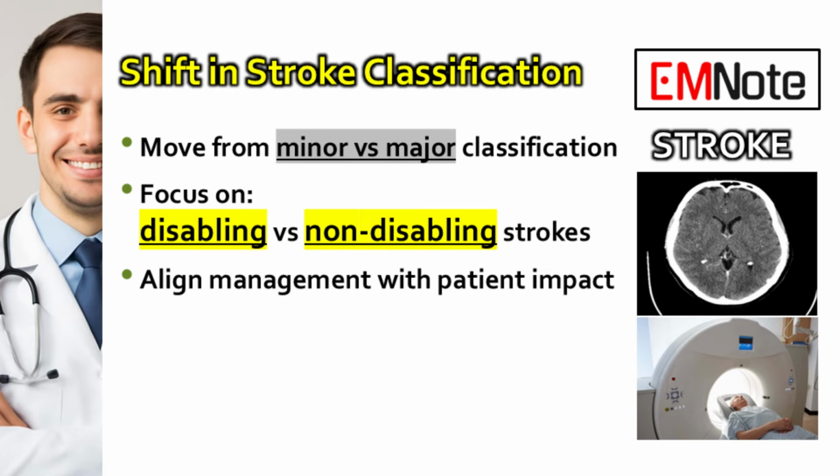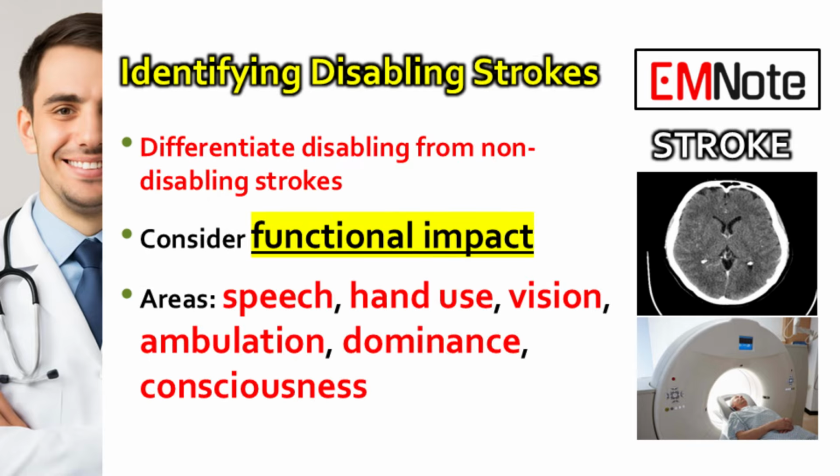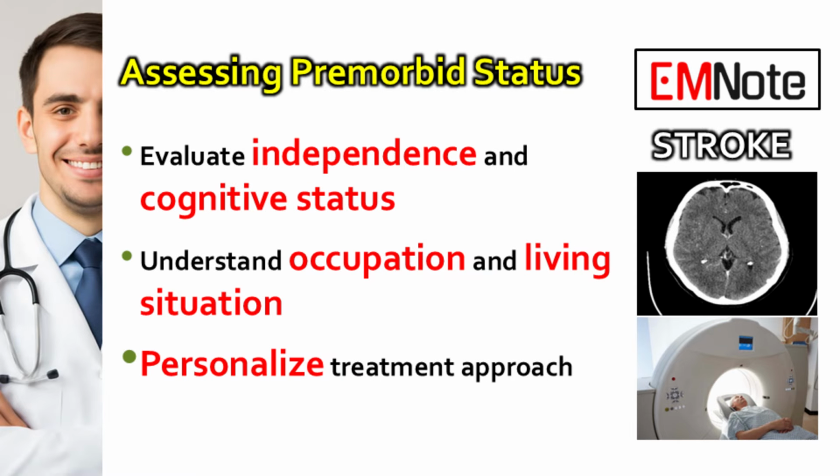This change aims to align clinical management decisions with the actual impact on patients' lives, their values, and their recovery goals. The first critical decision in stroke management is to differentiate between disabling and non-disabling strokes. This distinction highlights the functional consequences of the stroke, particularly in key areas such as speech, hand use, vision, ambulation, dominance, and consciousness. It is essential to assess the patient's premorbid baseline, which includes their independence, cognitive status, occupation, and living situation. By understanding these factors, healthcare providers can personalize their approach to treatment, ensuring it is relevant to the